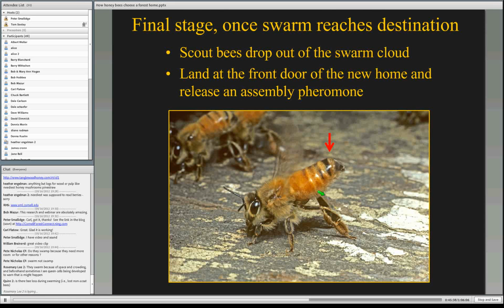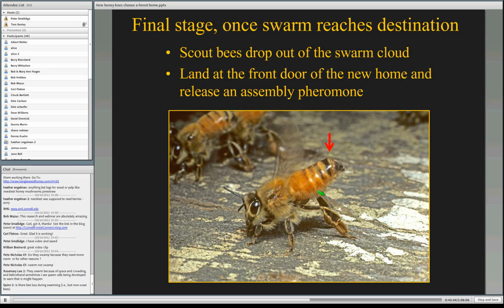The final stage of the move is pinpointing to all of these uninformed bees the knothole or crack that is their final destination, in a sense the front door of their new home. And the way this works is that scout bees, somehow, and this is a real mystery, are able to put the brakes on this flying cloud of bees so that the cloud stops near the destination tree. And then the scouts drop out of the cloud, they land at the front door of the new home